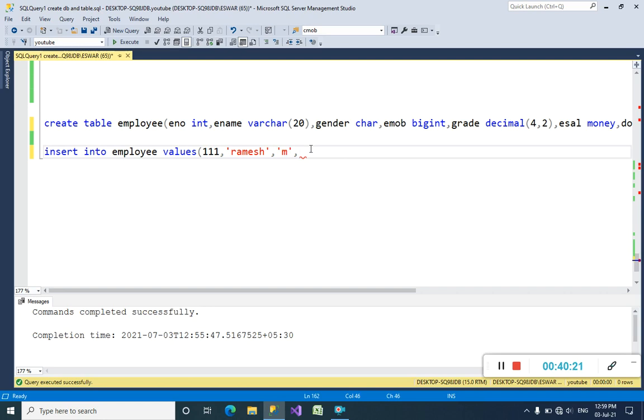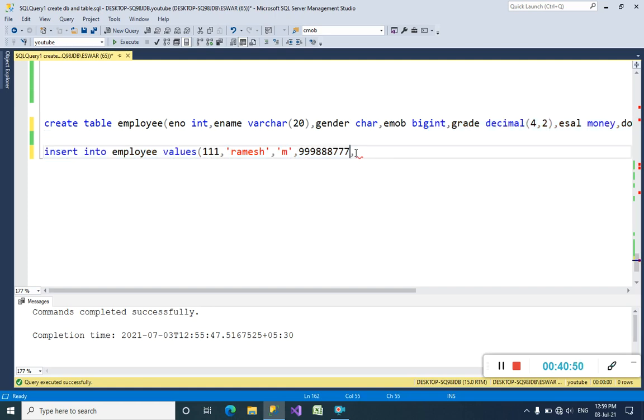Okay, and I want to store his mobile number next. Mobile number is a bigint data type. Bigint means we can write more than 9 digits, or a single digit also. So his mobile number is 9998887776. It will accept it. If you declare the mobile column as an integer, we cannot insert more than 9 digits.